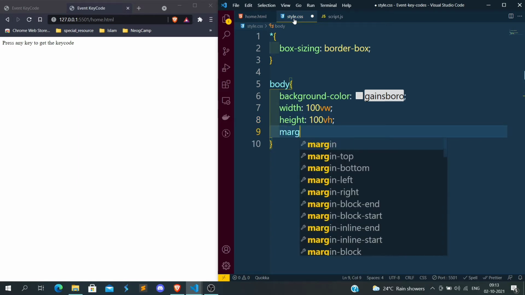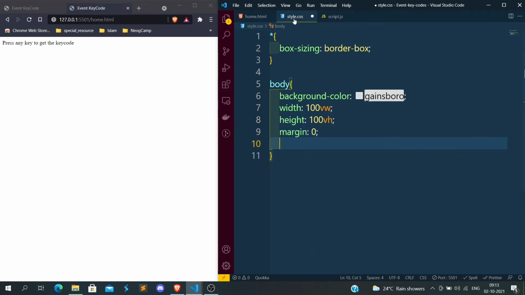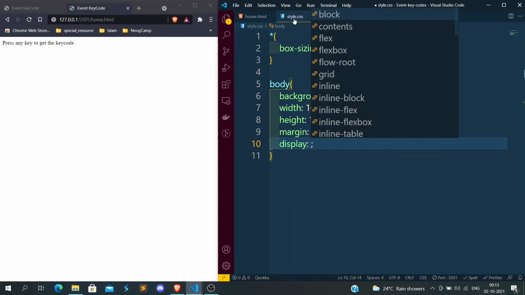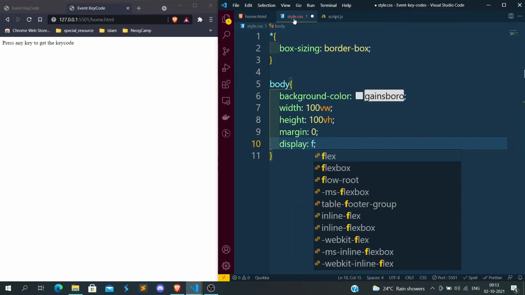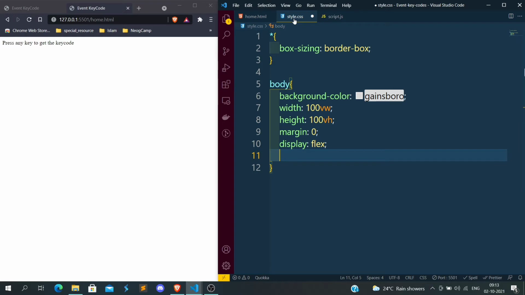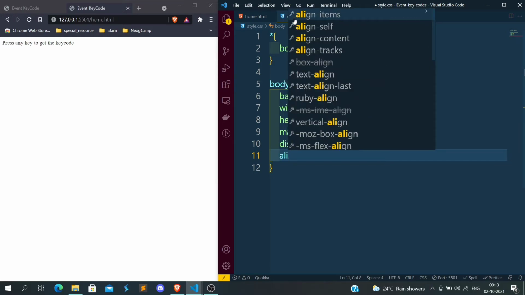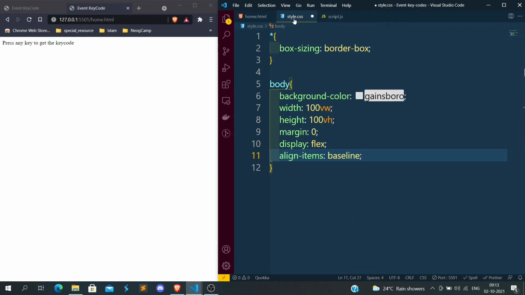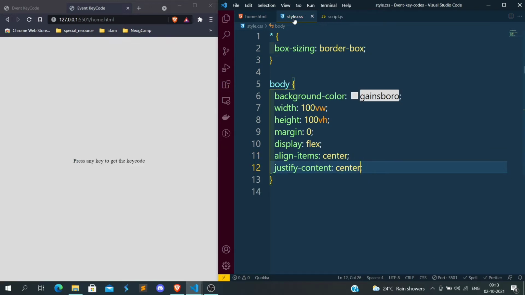Let's give the margin 0 and display flex. Why? Because we want to show it in the center. So align-items, not baseline, we need align-items center, and then justify-content center. Save that. So this div is showing in the middle.